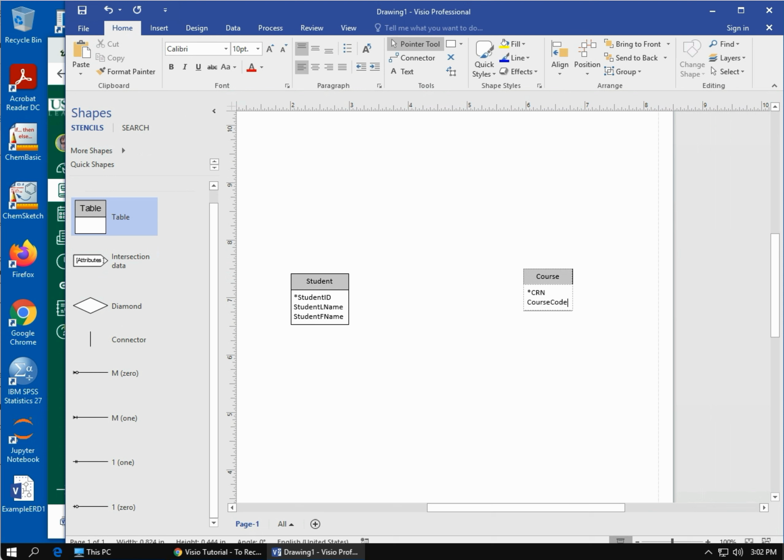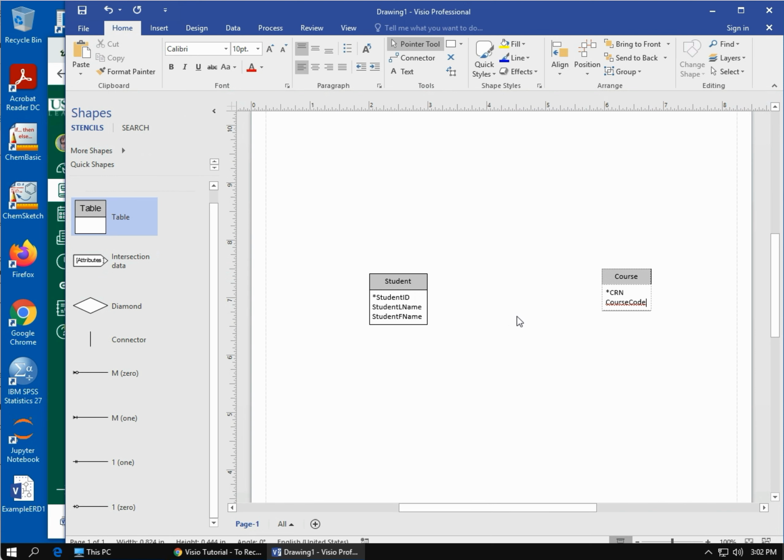The next step is to create the relationship between these two entities. So I drag the diamond shape into the canvas, then click on it and type registers or register. It doesn't really matter. Okay, so now we have the entity relationship and another entity, but obviously we now need to get the cardinality and